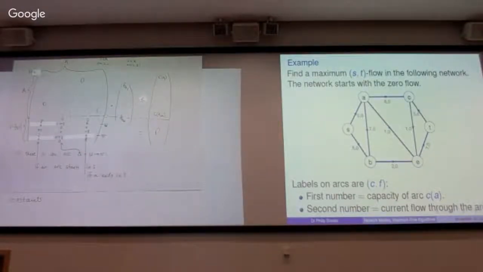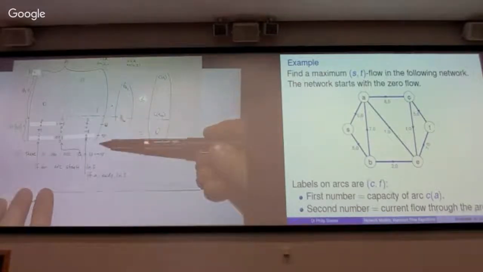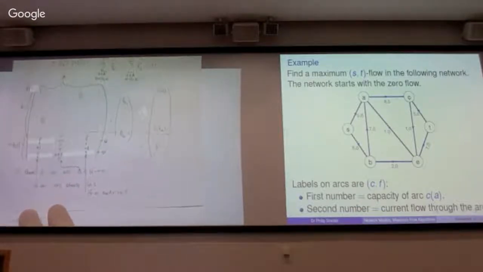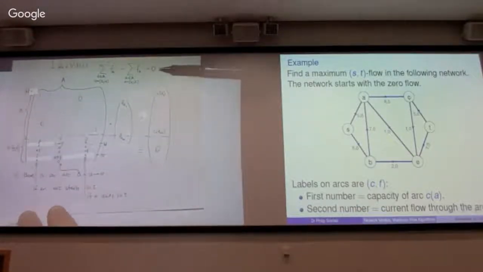Good. And then there are many more constraints, one for every node, except we don't have one for X and we don't have one for T. For any other node, we have one of these constraints. Their right-hand side is 0 because they all look like that. So the right-hand side is 0, the left-hand side is,